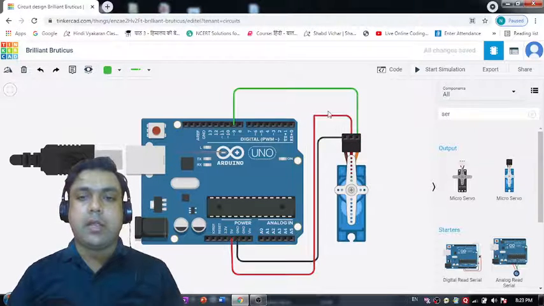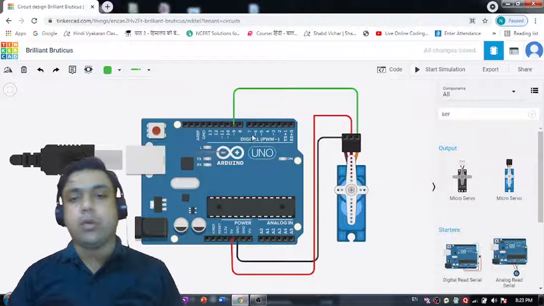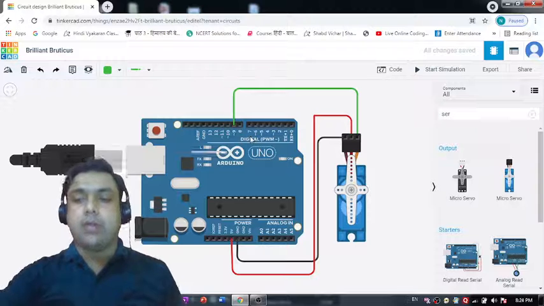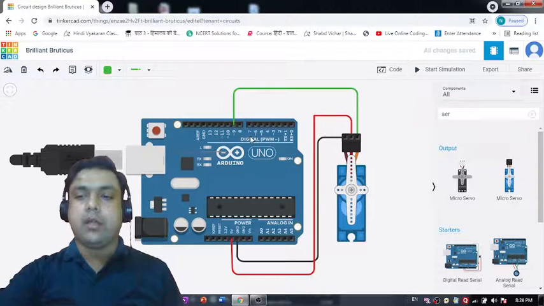This power pin I connected with the 5-volt pin of the Arduino Uno R3 board, and this signal pin I've connected with the D9 pin of the Arduino Uno R3 board. So that's how I have made the required connection.